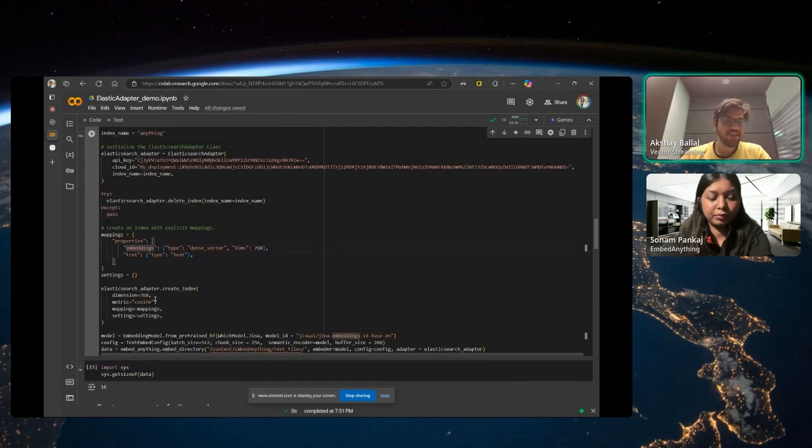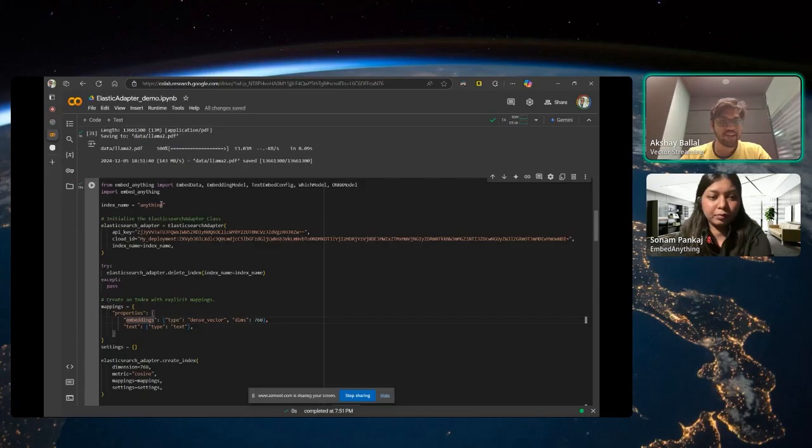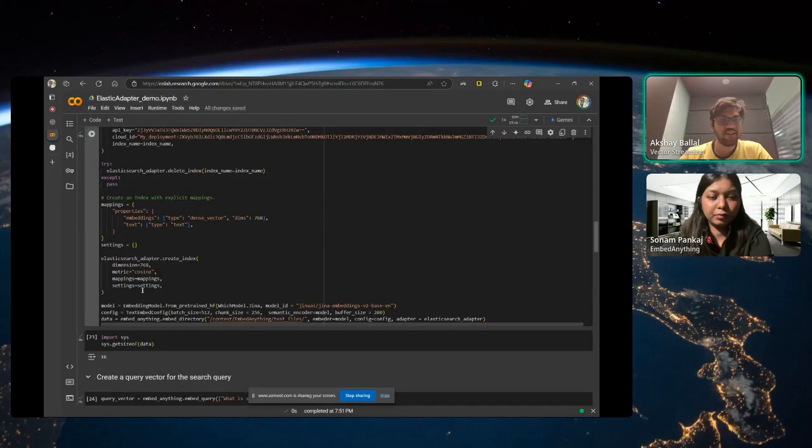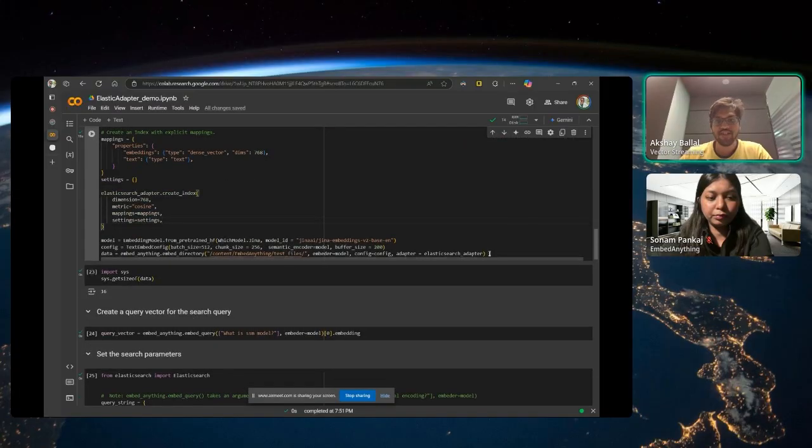Here we create the index. We'll call it anything, and we define how many dimensions it is going to be. And the magic call happens with this piece of code. You're basically embedding the whole directory that is over here, in test files, and just calling the adapter over there.